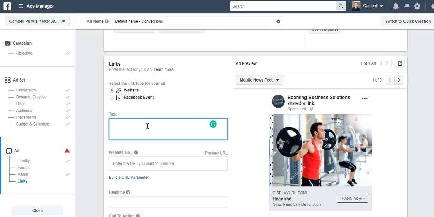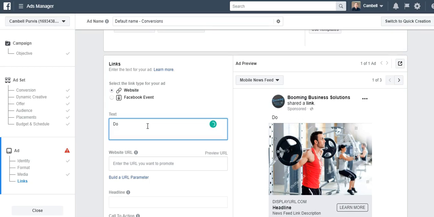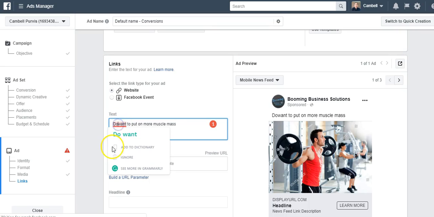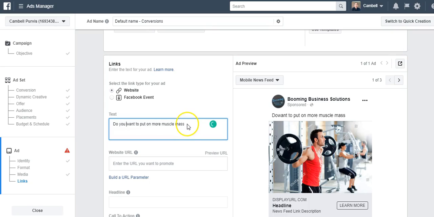the question could be something like, do you want to put on more muscle mass? This is just quickly on the fly, guys. Do you want a bit more muscle mass? Okay, and we've got the picture there of the guy pushing the weights, and then so then you sort of,